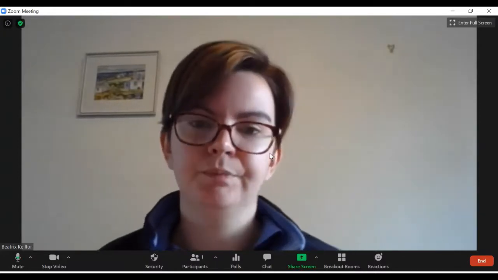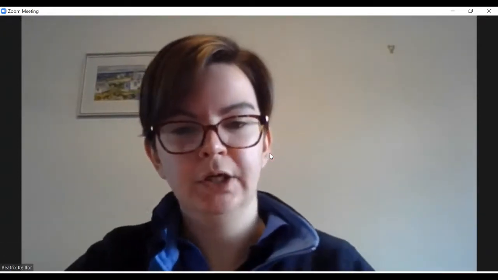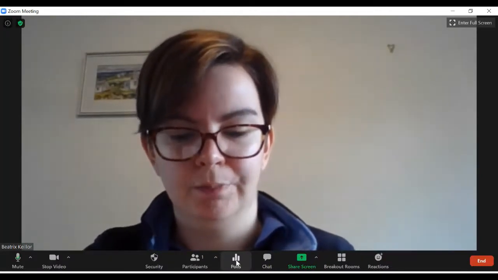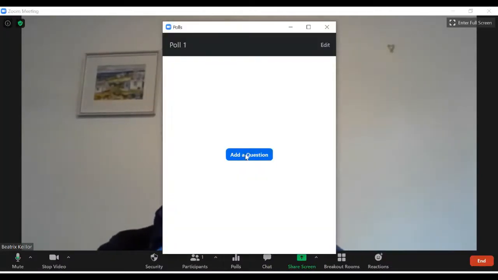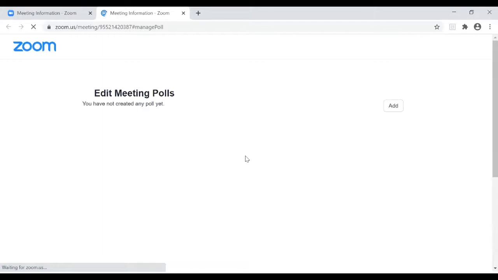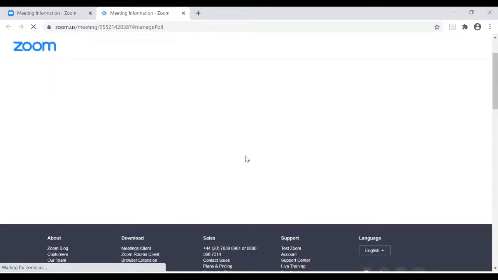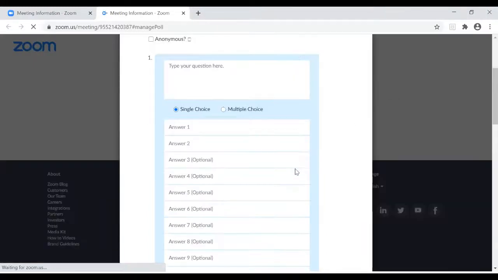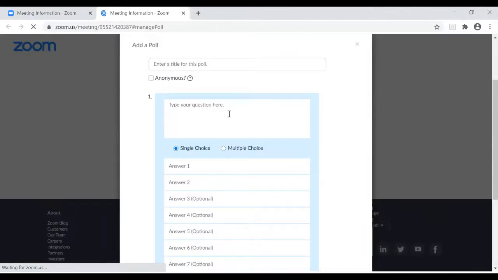If you have a paid account and you would like to use the polls feature, you can do this by clicking the polls button on the bottom of your toolbar and then adding a question. And this will open up a page in your internet browser where you can type in the question and answer and click Save. So here is the window that you'll get. It asks you to type in your question.